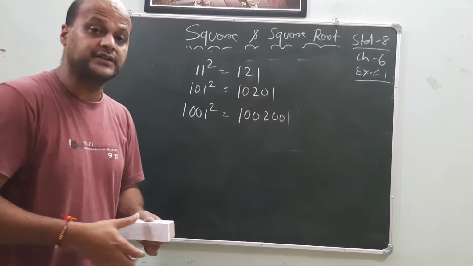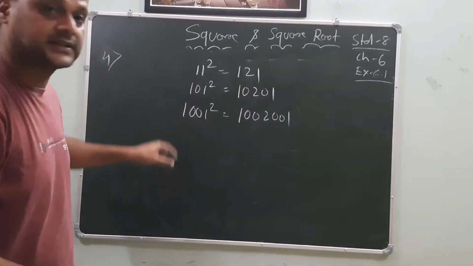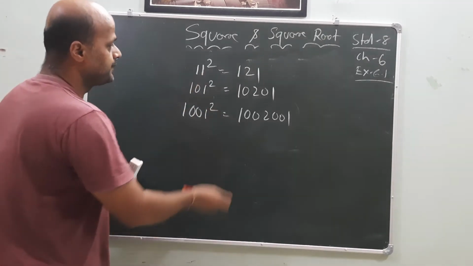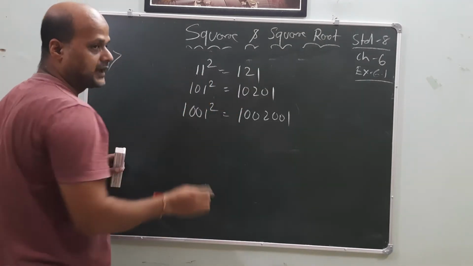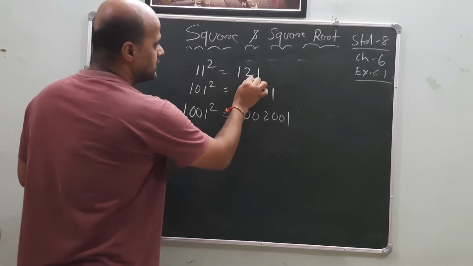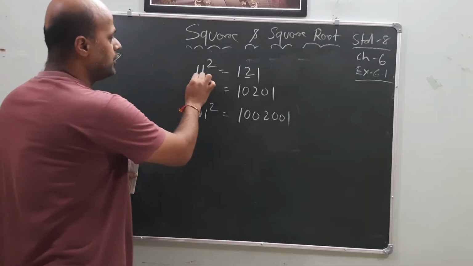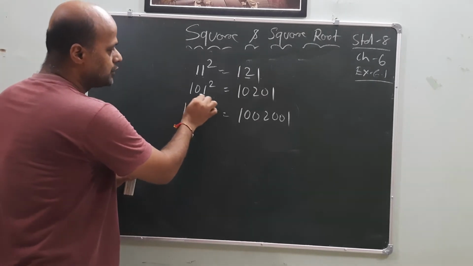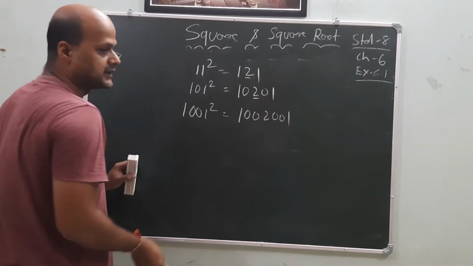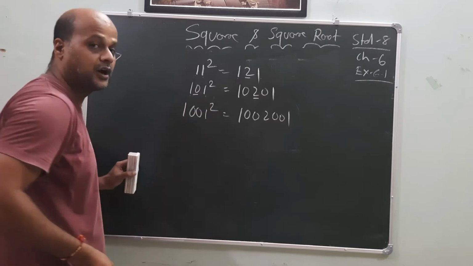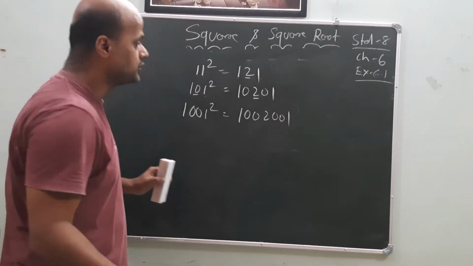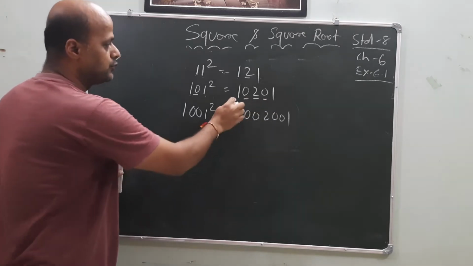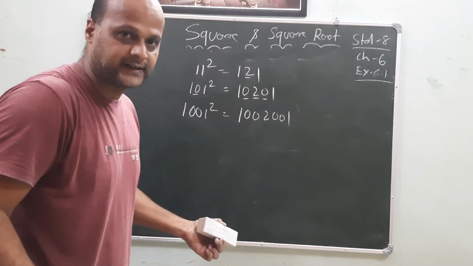How to solve it means you have to look at the pattern of these three steps. Okay, my dear friends. See, how many ones are there? 2 ones are there. 2 will be put in the center and 1 will be on the sides. But in between that, 0 is there. How many zeros are there? 1 zero. So put 1 zero left, 1 zero right, and 1 will be on the two ends.